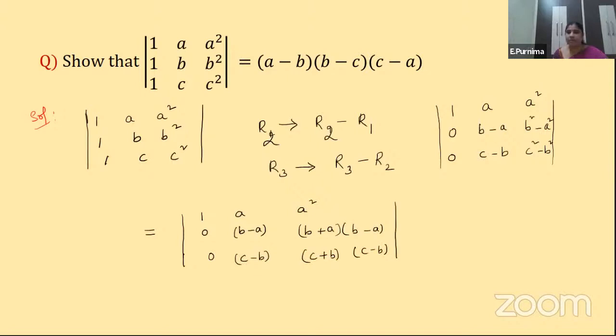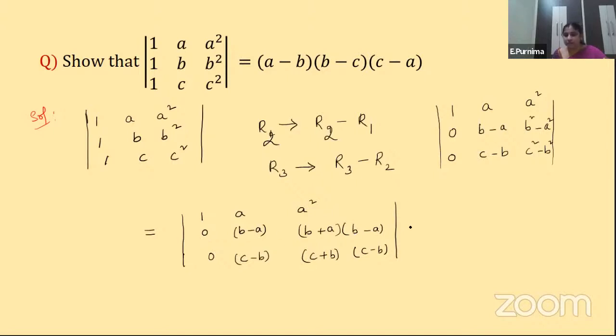Okay. Now this is a matrix. If you observe here, in the first row nothing is common. Common in the sense it is not multiplied with any common factor. If you observe the second row, B minus A is common or not? Yes. Here we have a B minus A term. Here also we may have a B minus A term. Here we don't have a term, but still we can consider it as 0 into B minus A. That means the entire second row is multiplied with B minus A or not?